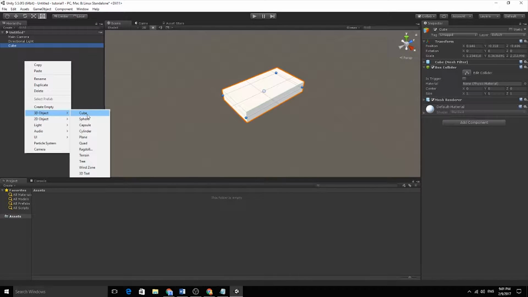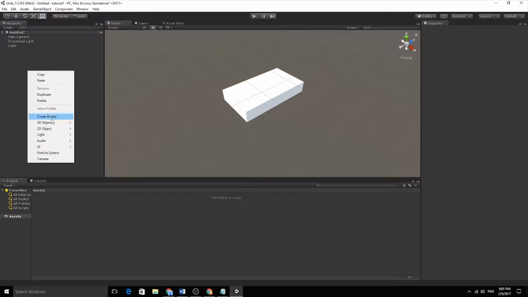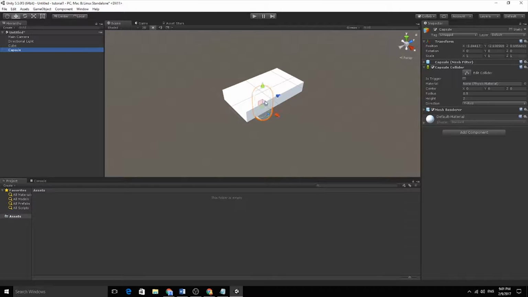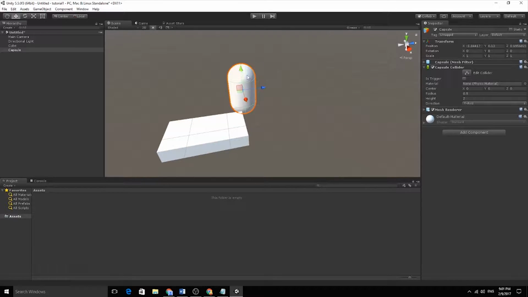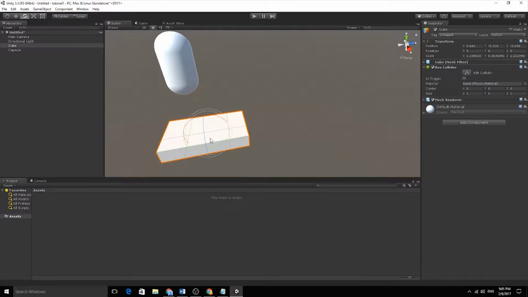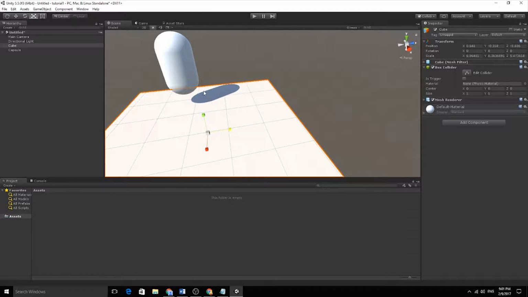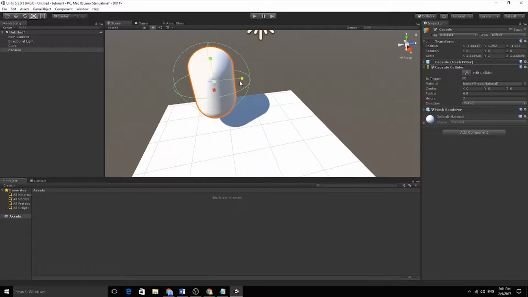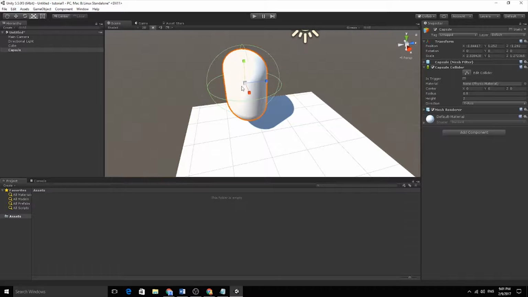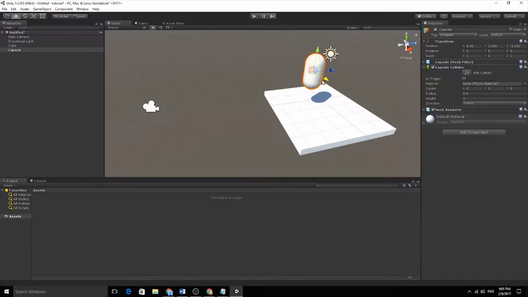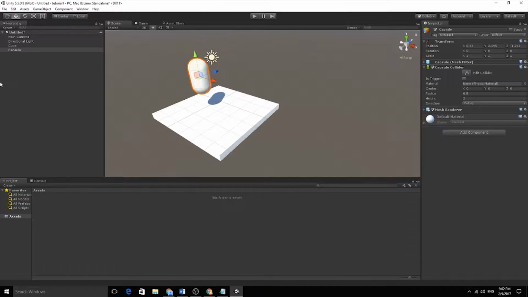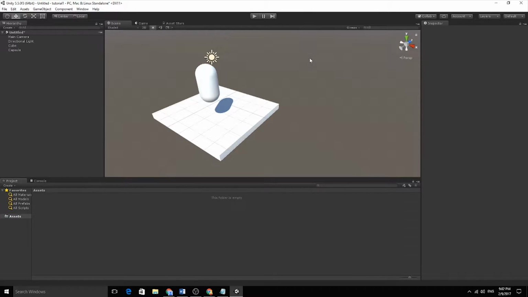We can also use, if we go to our hierarchy and click create, capsule, we will have this capsule in here, which actually is the same as our cube. You can just move around and change its width, its height, and other values to be interacting with. So that is the basic tools you're gonna be using, because almost everything in the editor,